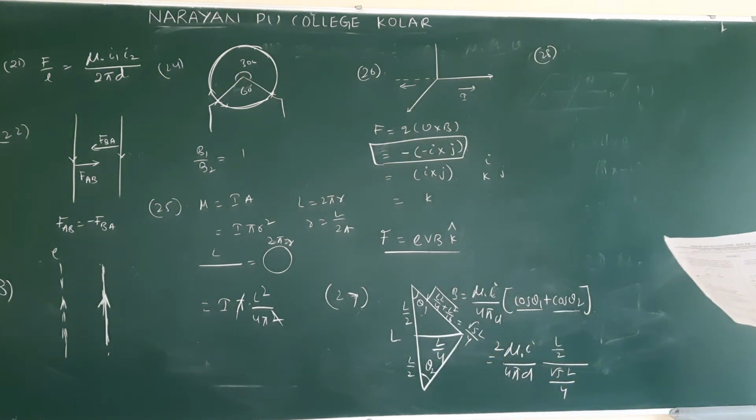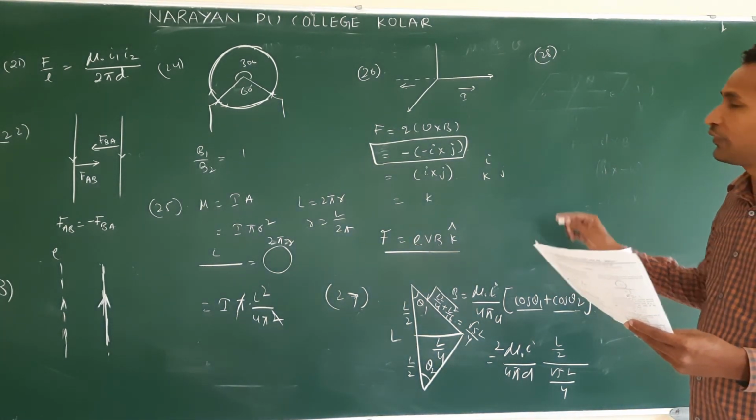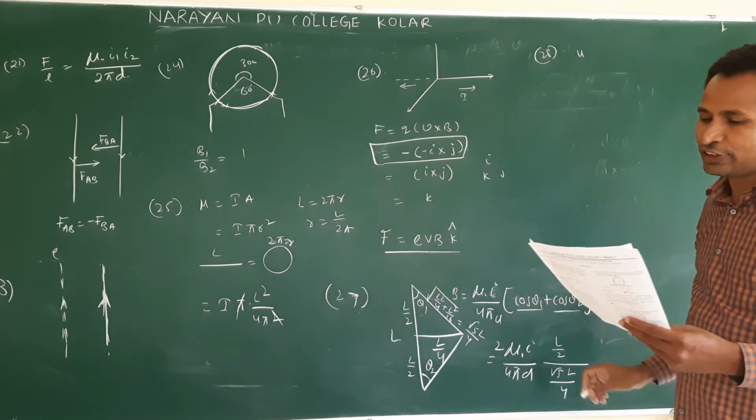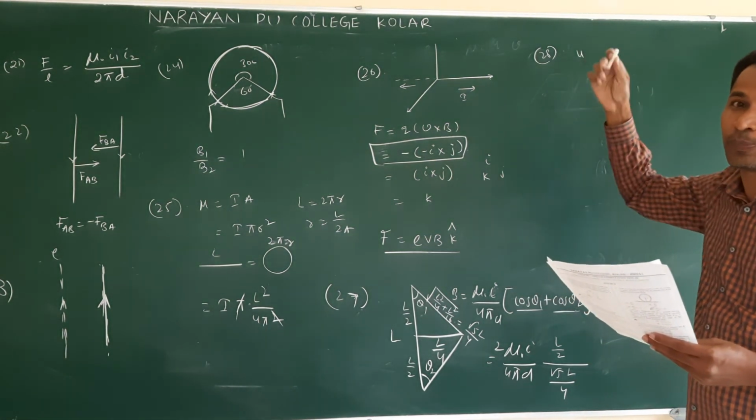An electron moving with a speed u along the positive x-axis at y equal to 0 enters a region of uniform magnetic field B equal to minus B naught k cap, which exists in the region y-axis. The electron exits from the region after some time with a speed v at coordinates. Then the electron moving with a velocity u, as soon as it enters into the field, velocity will not be changed. What is changed in its path?